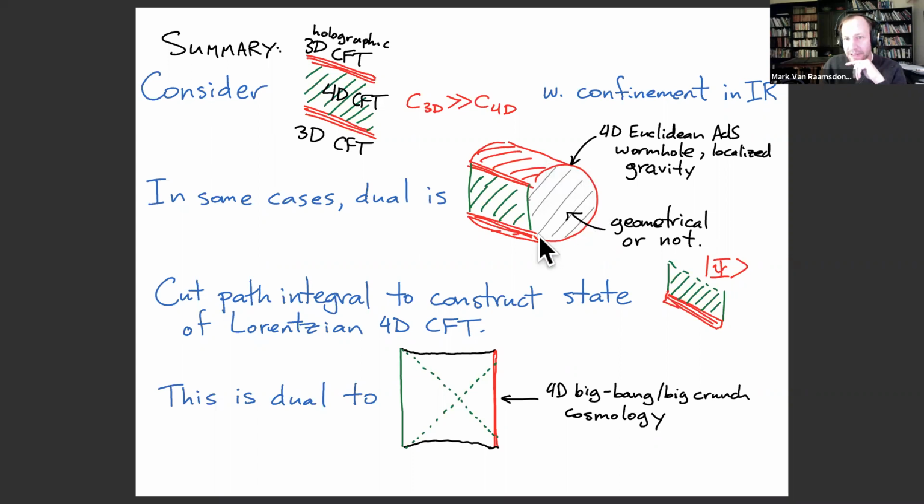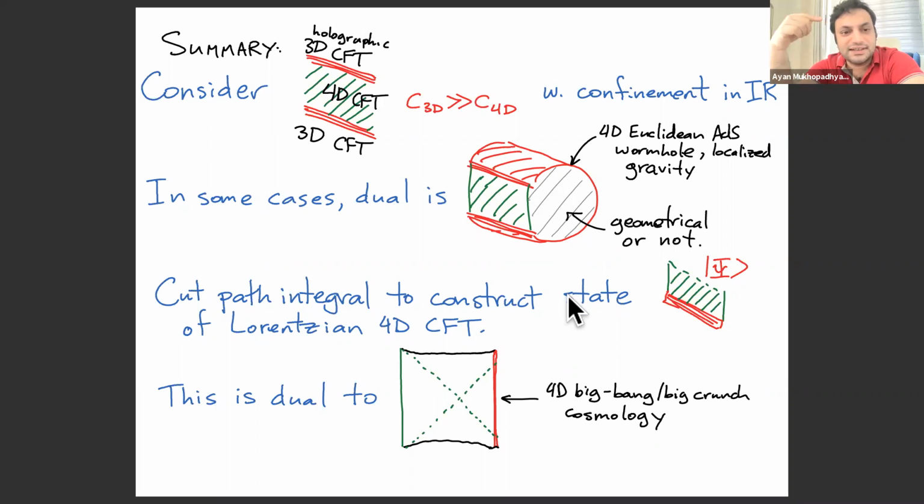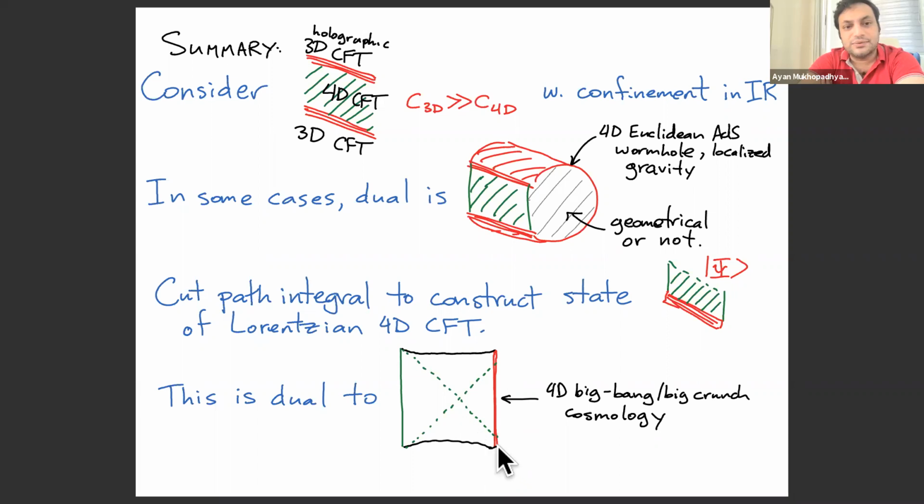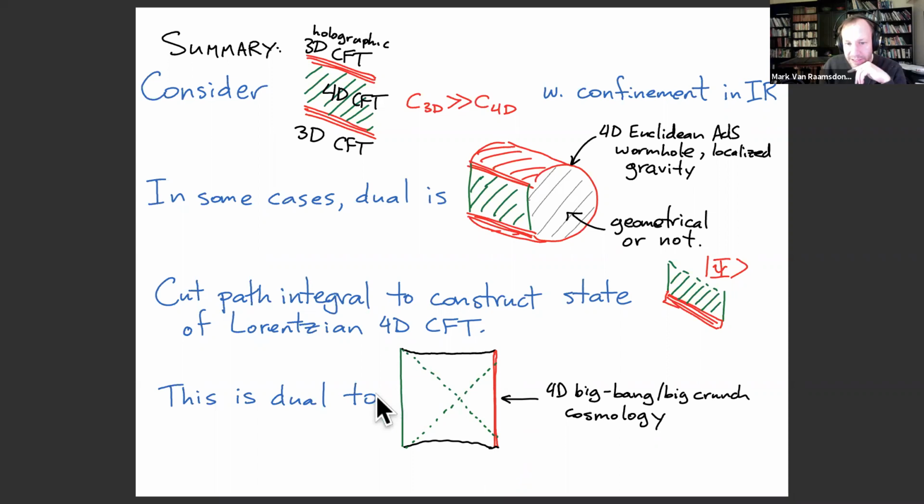You mean how this connects up in this picture? Yes, once we do this double analytic continuation, I understand this picture now, but you have two red things coming together in this last picture. You talked about three pictures. In the last picture, the two red things come on top of each other. It's just how they come on top of each other that confuses me a little. Oh, sorry, are you talking about this picture? Yeah, exactly. When you connect the top picture with the bottom picture, the picture in the summary.